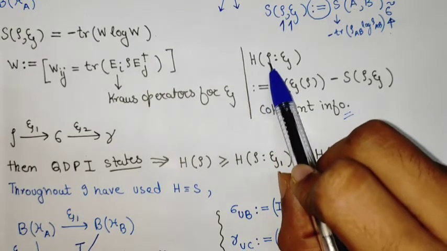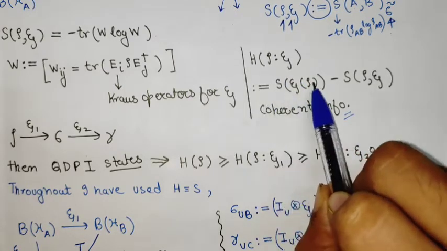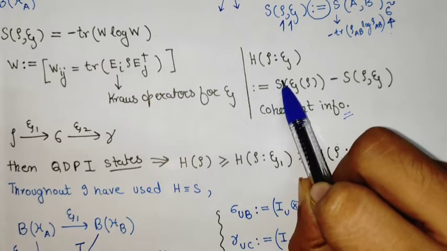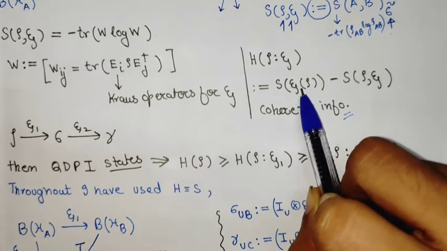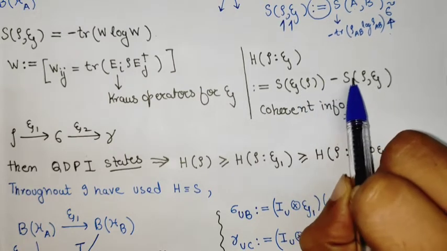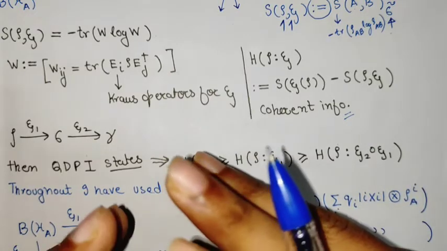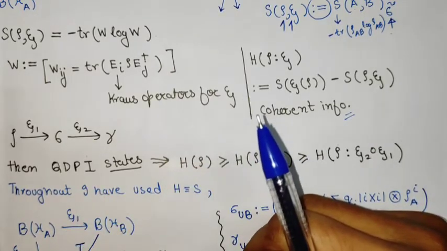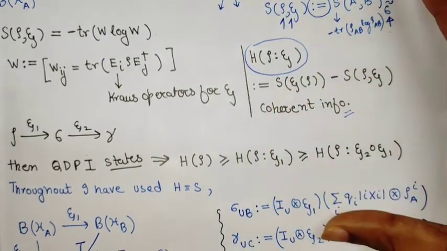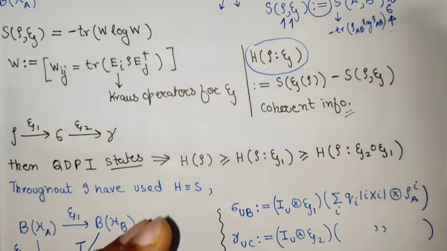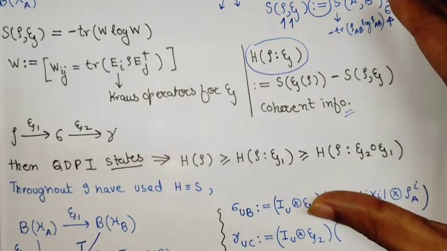The coherent information between a state and a CPTP map is defined as the normal von Neumann entropy after evolution of this state by this CPTP map, minus the exchange entropy of this CPTP map and the initial state that we have in hand. Given this definition of coherent information, we can bring the data processing inequality into a very similar format